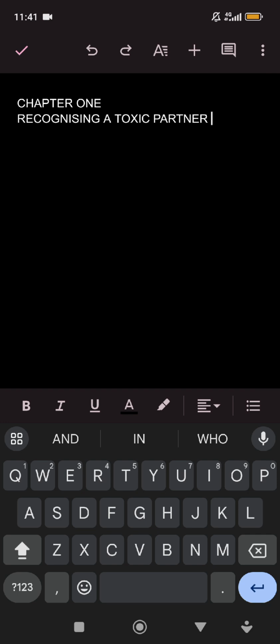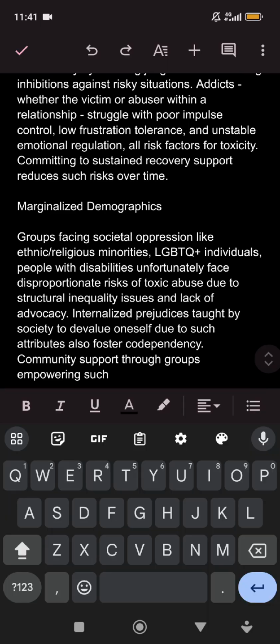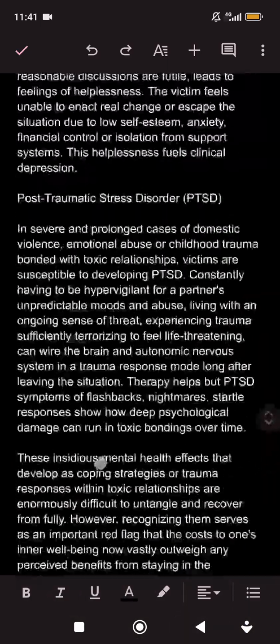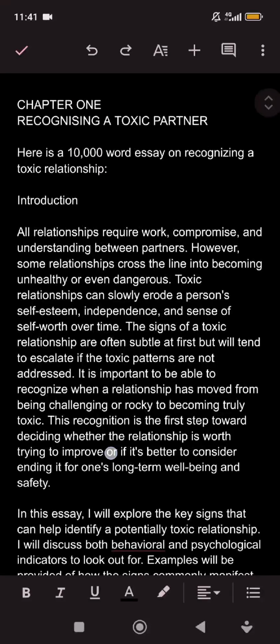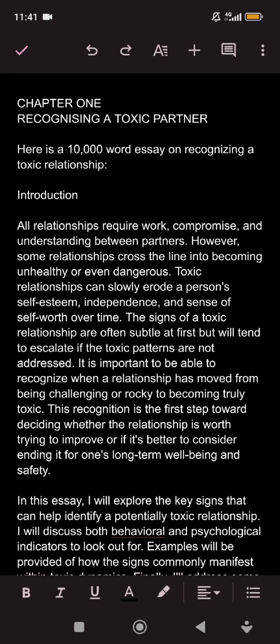I will click enter, then I will paste that thing I copied. So this is now my chapter 1. I'm just trying to make this as simplified as possible. Now, this is chapter 1, recognizing a toxic partner.